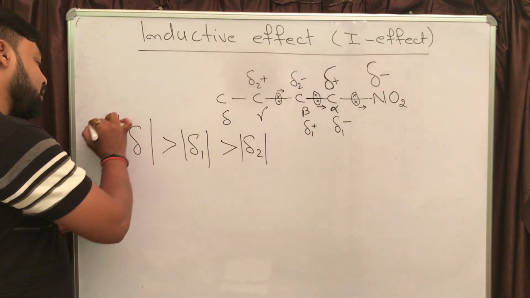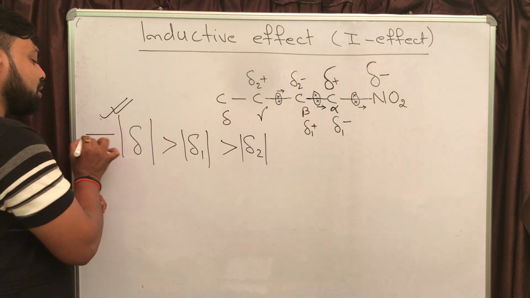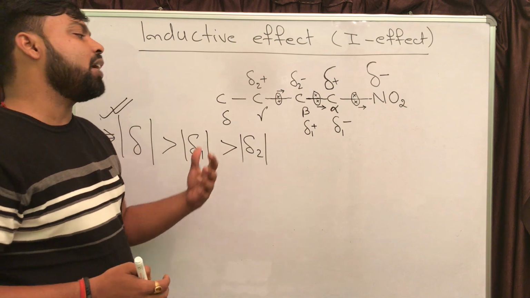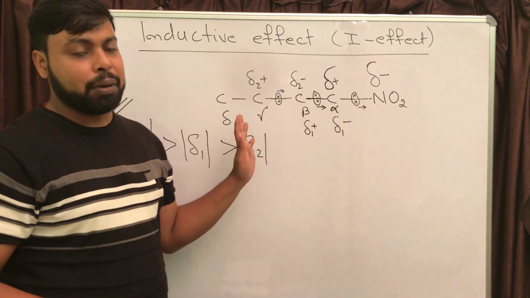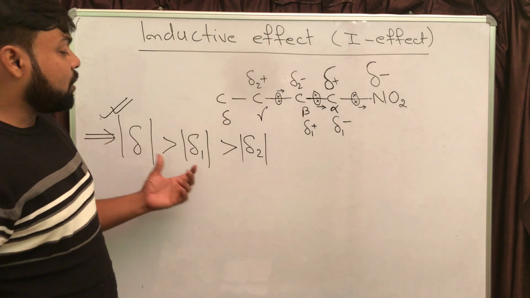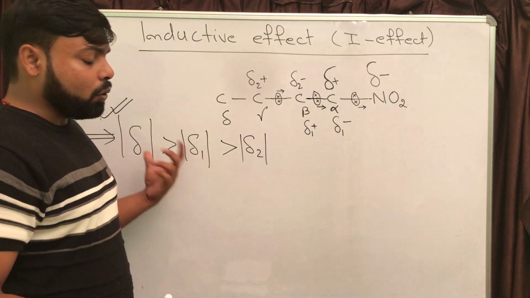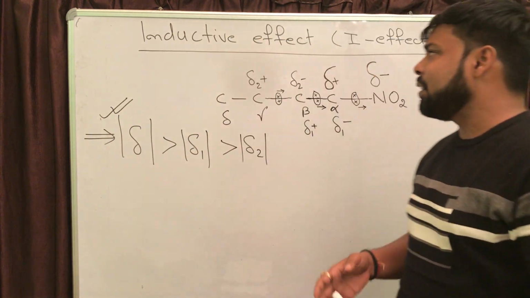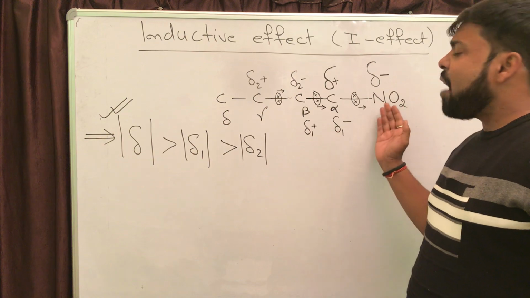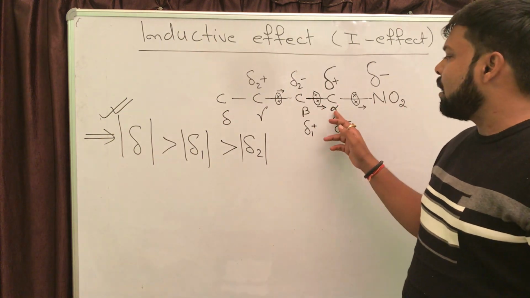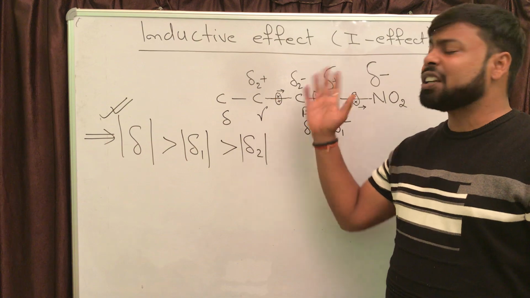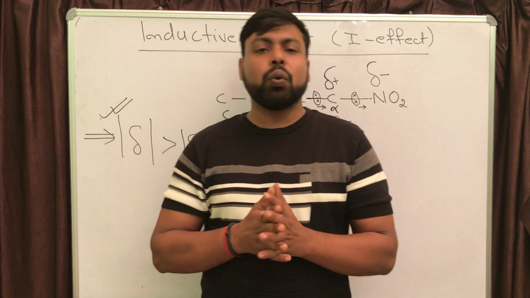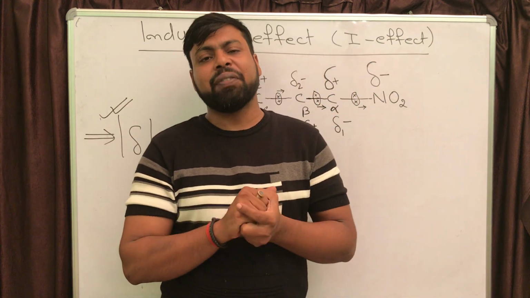First thing you should keep in mind is that the partial charges appearing on atoms are continuously decreasing as we move away from the polarizing group, right? That numerical value is definitely going to decrease, and it is said that if you are studying inductive effect, after the third carbon, this is the alpha carbon, beta carbon, gamma carbon, you can say after gamma carbon, the electron pulling power is going to be neglected. It will be very, very less.